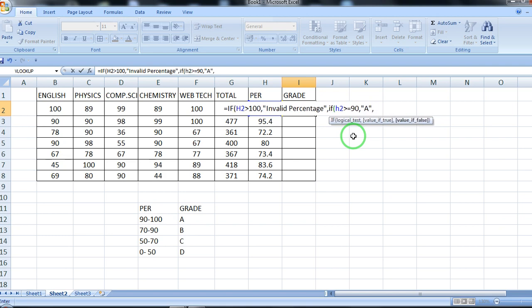This condition is finished. Now if you want to check another condition, again you write one more if.